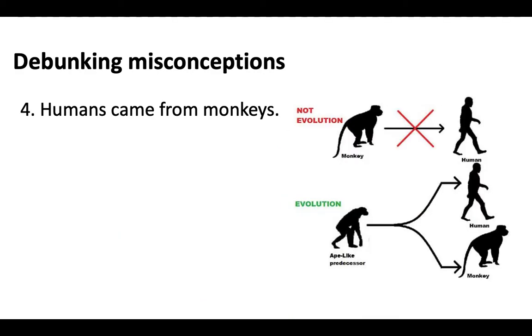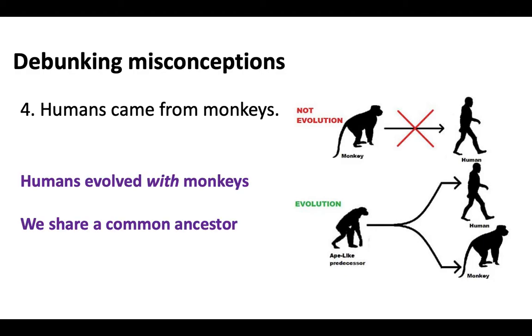It just means that it is more fit than the alternative. And the last one, and the most common one, is that humans come from monkeys. Humans didn't come from monkeys. We evolved with monkeys. We share a common ancestor with monkeys. That'd be like saying, oh, I evolved from my cousin. No, you didn't. You and your cousin share a common ancestor, your grandparents, right? But you have not evolved from one another. You have arisen from the same family tree.